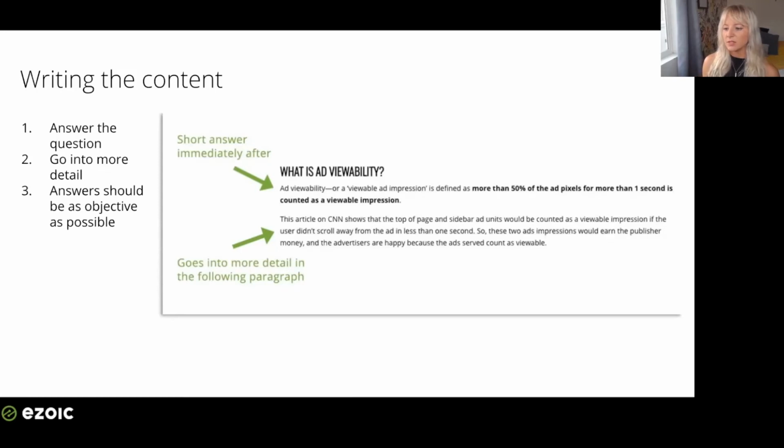The first sentence is directly going to answer the question. And that's both good for Google and for users. And after you're done with that one sentence or that short answer, you can then use the rest of the following content to go into more depth. So you can see here, right after that first sentence, it goes into more detail and it gives an example